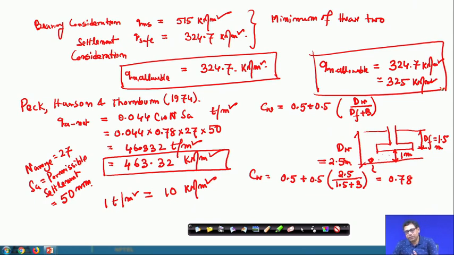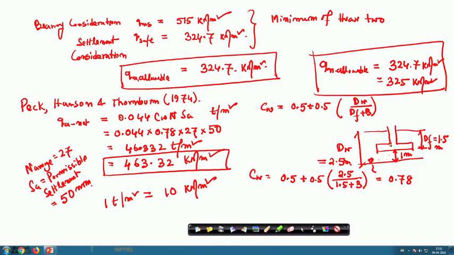Okay. So, based on the available data, I have used the SPT value correlations that are given. I have calculated in terms of bearing, and I calculated in terms of settlement, and from there I take the minimum value. So, in the assignment or your exam, it will be given whether you use this expression directly, or if nothing is mentioned, then you use all these methods and then get the allowable bearing pressure.